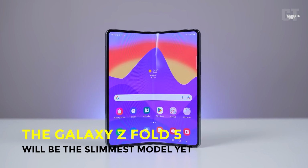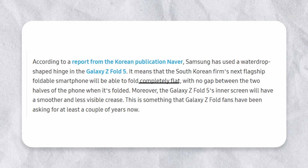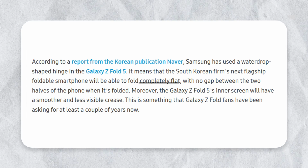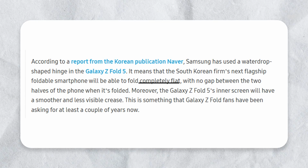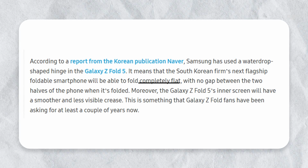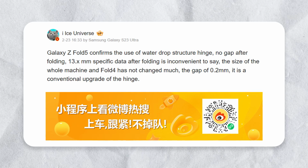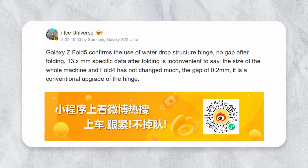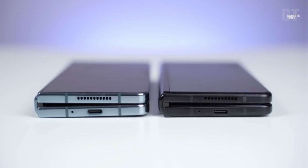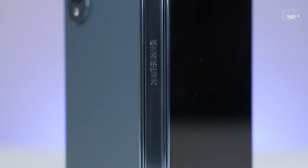The Galaxy Z Fold 5 will be the slimmest model yet. According to previous reports, the company is willing to spend a considerable amount of money on developing a new hinge mechanism that will allow the Z Fold 5 to close perfectly flat. This rumor has also been confirmed by Ice Universe on the Chinese social media network Weibo. This means that the Galaxy Z Fold 5 will indeed feature this innovative droplet hinge mechanism, giving users a seamless